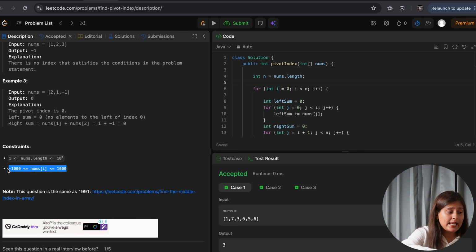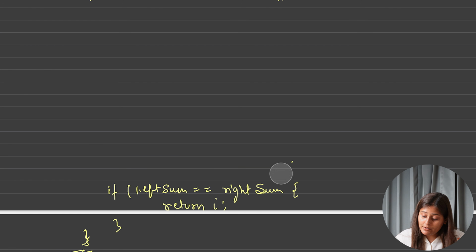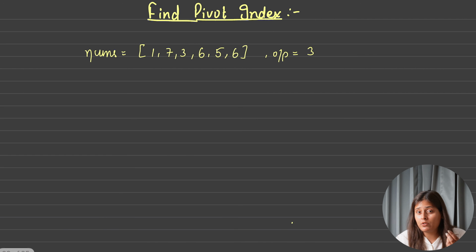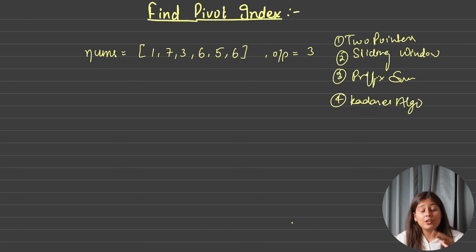Constraint here. It says nums can be negative numbers also. Why I said this, let's discuss. Whenever we talk about optimization, we always talk about 4 different patterns which we have learned in array. Yes. And what were those? Those were two pointers, sliding window, prefix sum, and Kadane's algorithm. And when to apply what, we have already discussed in the very first lecture of the video. If you haven't checked it out, I will definitely recommend you go and check that out first.